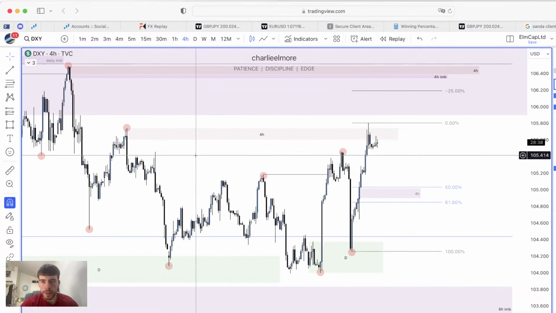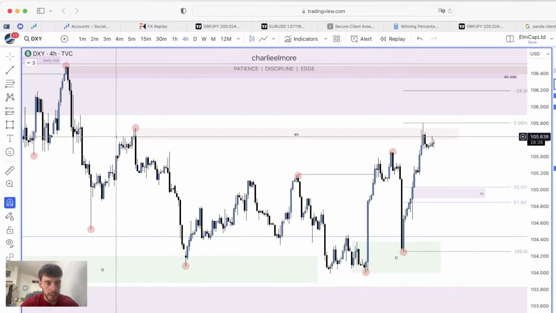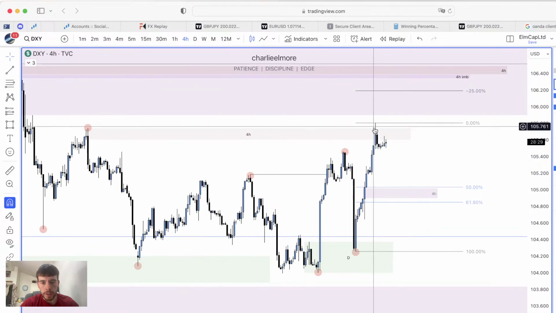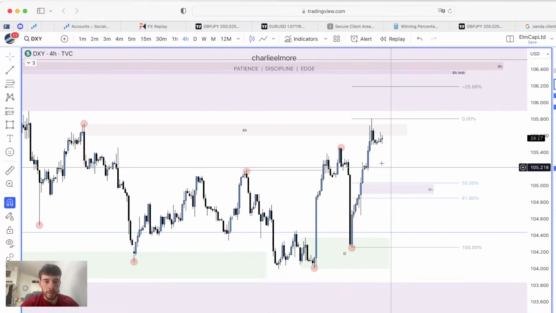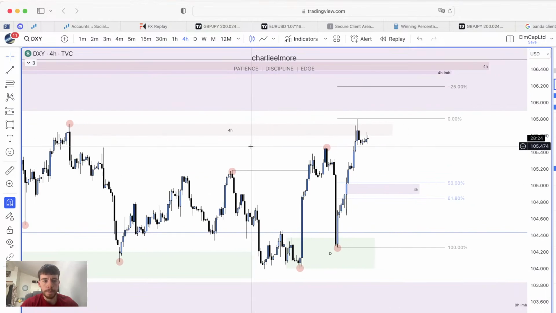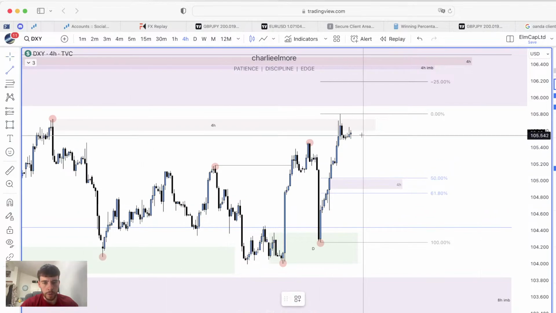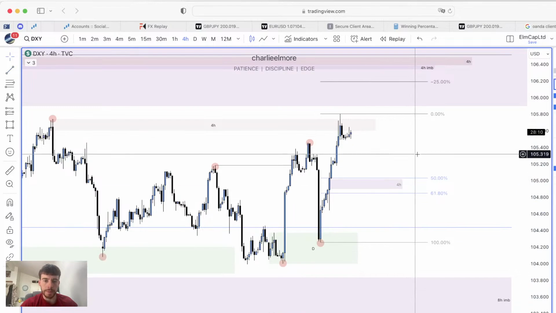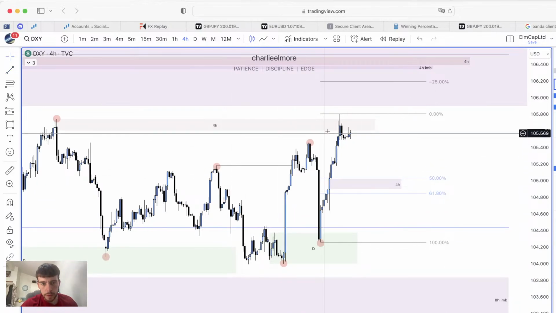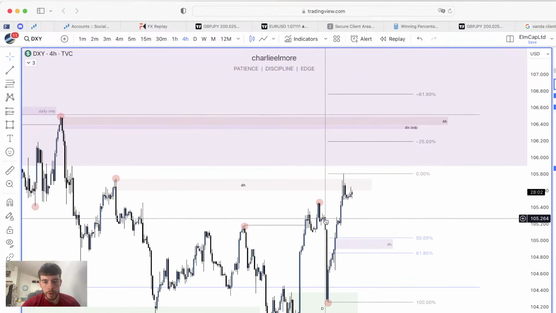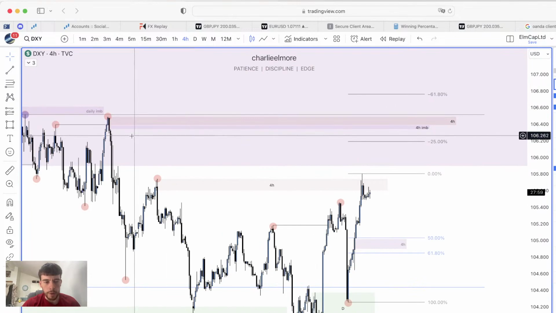This area we drew on together last week. This is a 4-hour supply that actually swept a minor level of liquidity before breaking lows. You can see prices had a reaction from that. I've just drawn that on in the event that it's going to have a catalyst for a pullback. Basically, it's not an area which I expect price to now put in a new low. Put it that way. I've just drawn it on because I'm expecting some sort of reaction from there. If we do, then I'm going to look for that. Or if not, we can continue up because we've got these 4-hour areas which we spoke about last week.